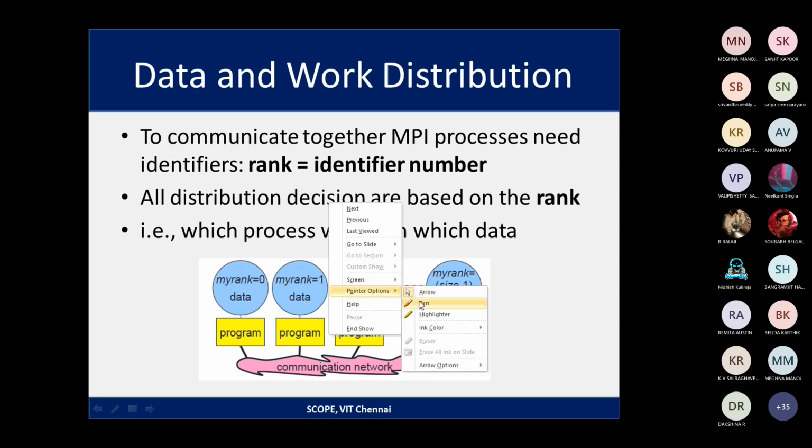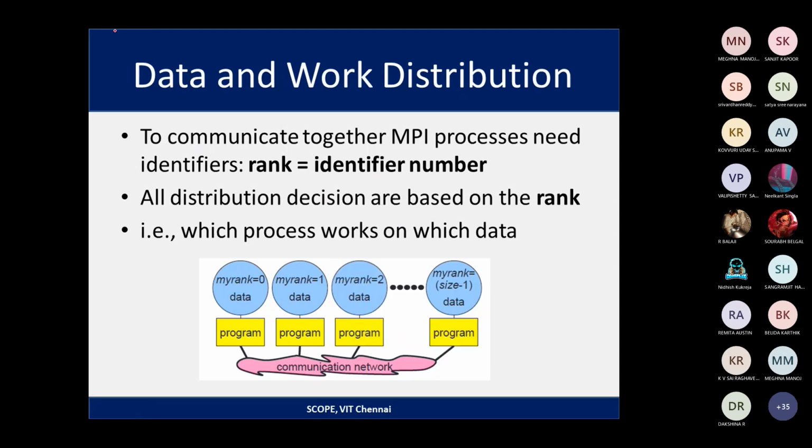Data and work distribution will happen based on the ranks. The rank is nothing but the processor ID. The communication will happen based on the ranks, and distribution decisions will also be based on the rank. Based on the rank, we can identify which process is working on which data.